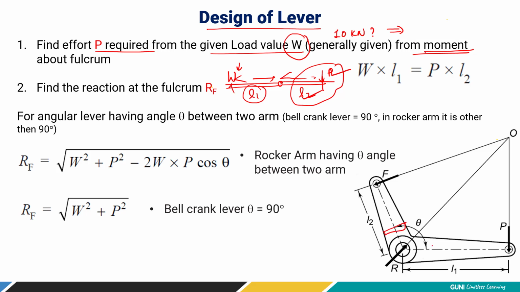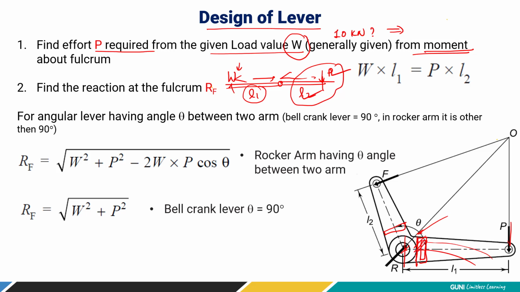Let's say this is a rectangle cross section over here, right? So here in the bell crank lever, or rocker arm, we apply the load over here and because of that it tries to bend, right? So bending moment or bending stress is observed nearest to this fixed location, that is the fulcrum. So we have to design the lever at this location.